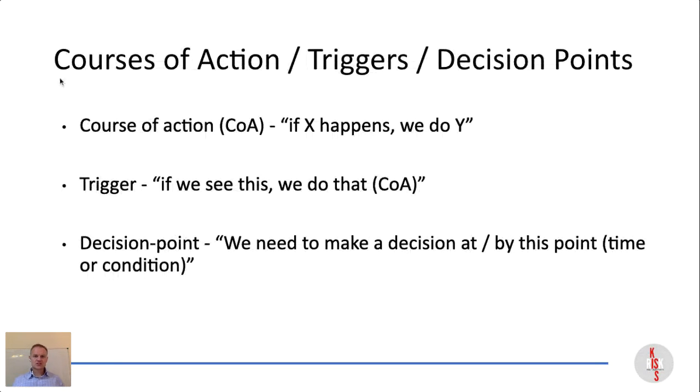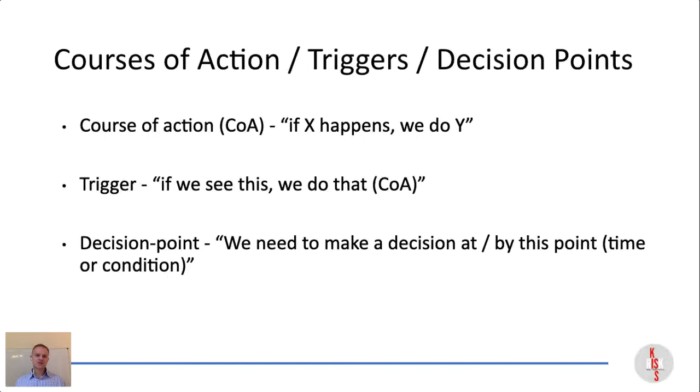Okay, so course of action, we've talked about a bit, but essentially, if X happens, we do Y. So if we see this particular scenario, this is what we're going to do. So there's a pathway between those. The triggers, we're seeing that situation develop. We're going to take that course of action. But the decision point is when we need to make a decision. So if we want to shelter in place and there is a storm coming, our decision point can be relatively close. It could be six hours or so beforehand, enough time to get people back home, barricade themselves up, to